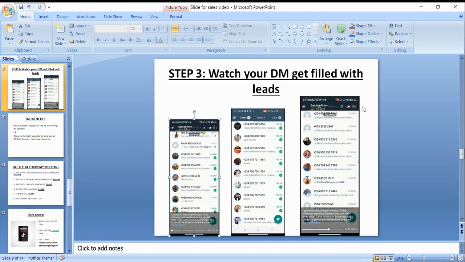But when it comes to TikTok influencer marketing, you already spend a lot of time on TikTok, or let me say on social media generally. Everybody does. So instead of wasting your time swiping or scrolling aimlessly on TikTok or IG, you can use that time to search for influencers. Once you find an influencer, you go into their DM. This can be on TikTok, it can be on IG.